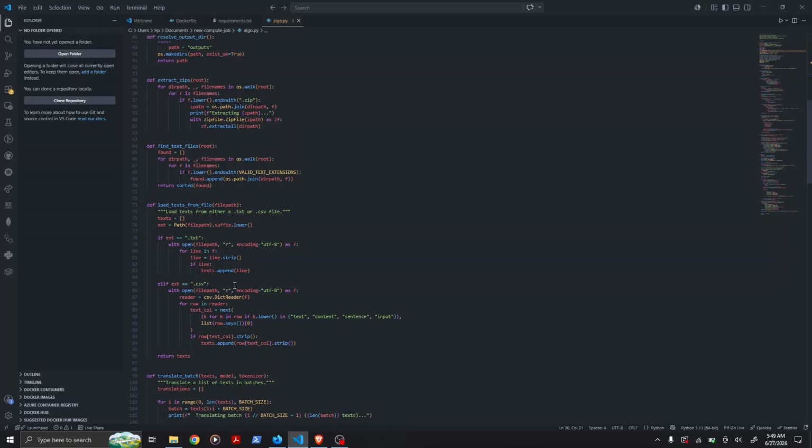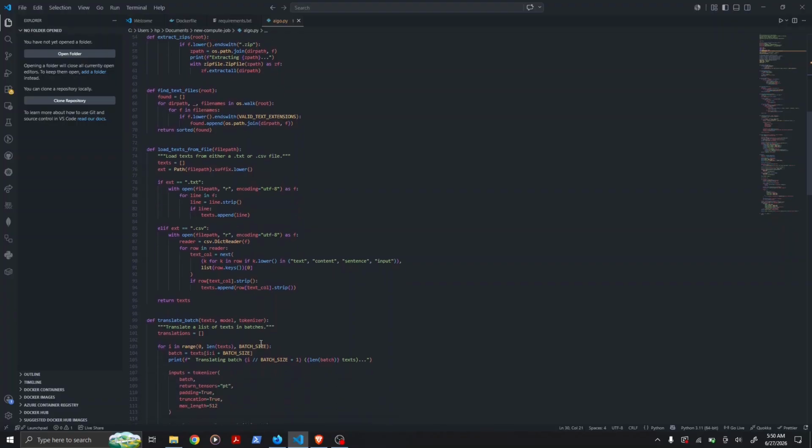The load text from file function opens a single file and reads the text out of it. For .txt files, it reads line by line, one entry per line, and for .csv files, it looks for a column named text, content, sentence, or input, and reads from that column